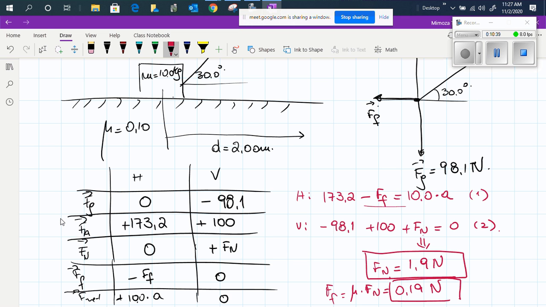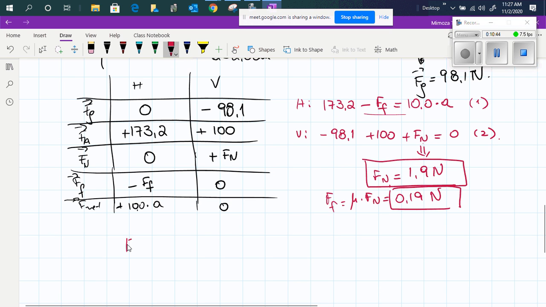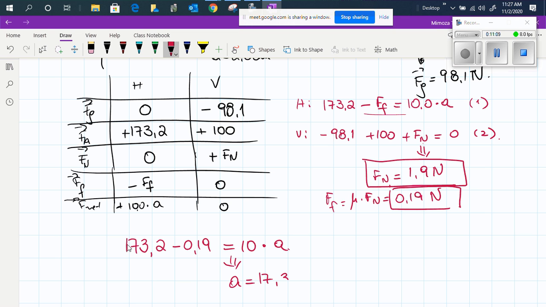So now equation 1 has only one variable, because we will have 173.2 minus 0.19 is equal to 10 times acceleration. And from here we find that 173.2 minus 0.19, divided by 10, the acceleration is 17.3 meters per second squared. Okay, so